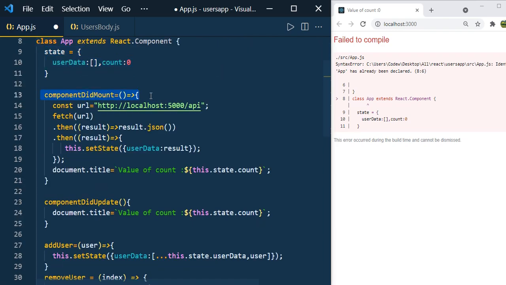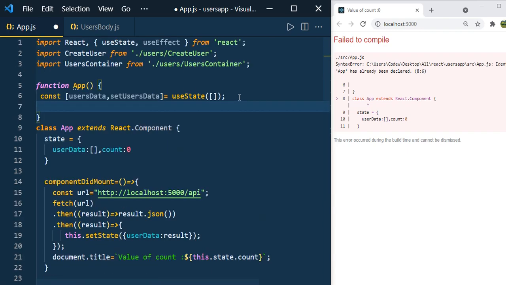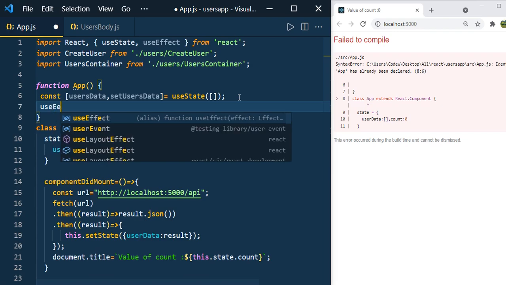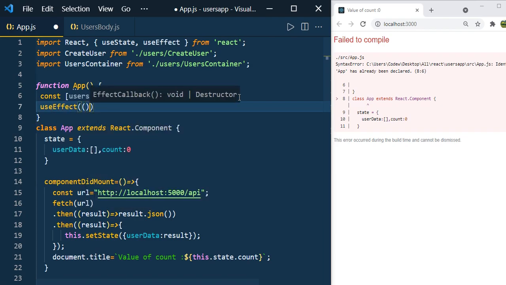The next one is the componentDidMount lifecycle of the class component. We know that the componentDidMount lifecycle fires only one time on page load, and using that lifecycle we were accessing the API, getting the users data, and then updating the state. Since componentDidMount is not available in a functional component, you can make use of the useEffect hook. We know that it takes two parameters.